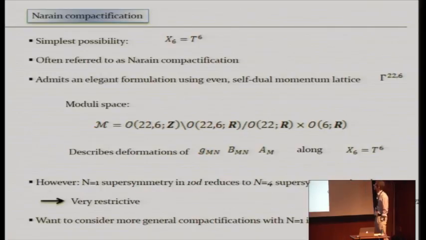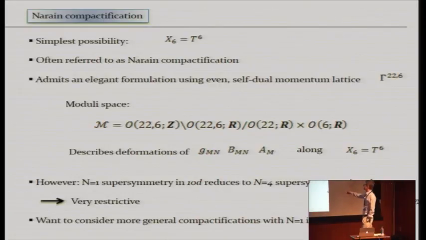Okay. Now, for our purposes, this is okay. So it's a very beautiful story. There are lots of nice things that you can say about this type of compactification. All right. Heterotic string has N=1 supersymmetry in 10 dimensions. That means it has 32 supercharges. If you do a straight reduction along a flat space down to 4 dimensions, 32 supercharges, that's N=4 supersymmetry in 4 dimensions. Okay, that's a lot of supersymmetry. For example, I couldn't possibly get a chiral theory if I tried to break N=4 supersymmetry in 4 dimensions. For that, you can have at most N=1 supersymmetry.